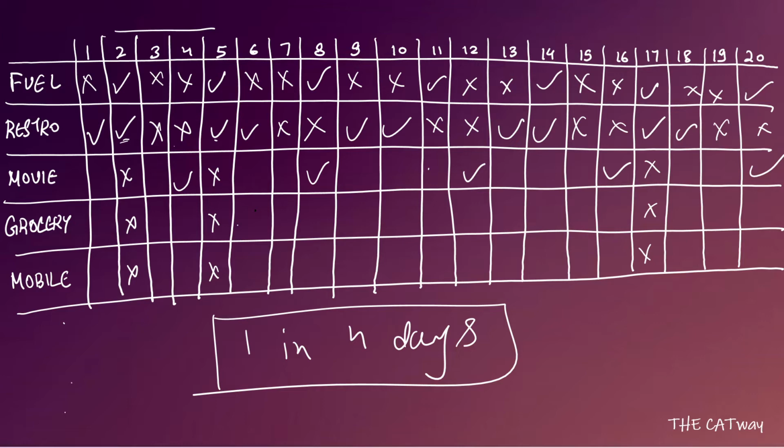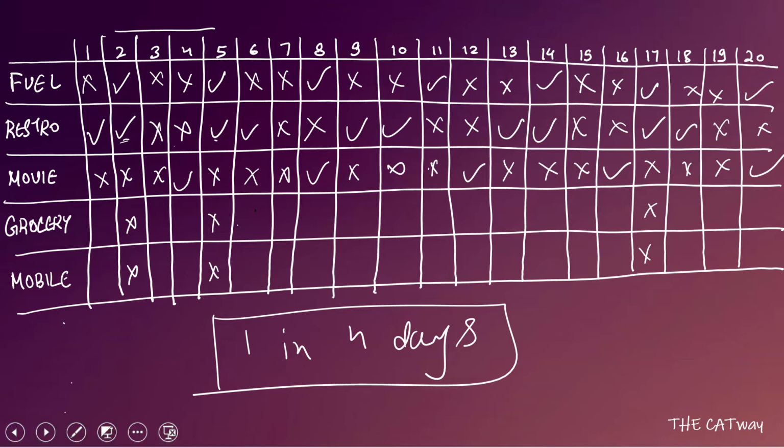See, if you talk about 5, 6, 7, 8, we have one on 8, so 5, 6 and 7 cannot be there. If you talk about 4, 5, 6 and 7, we know that 5, 6 and 7 cannot be there. So definitely it has to be 4. And the similar pattern will be followed up till day 20. Others we can put a cross, because we have already put the tick, so all others we can put in cross. So we have the days on which money was spent on movies.